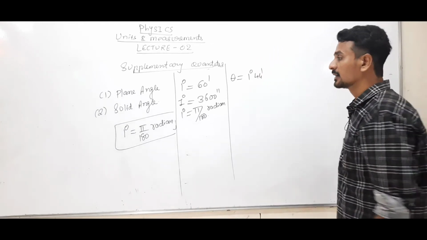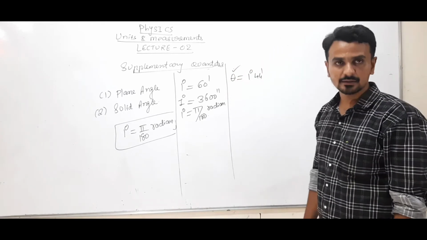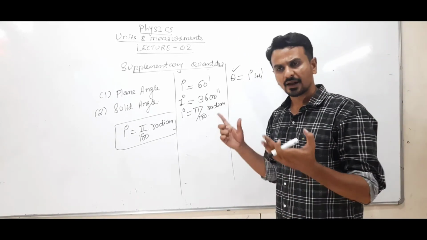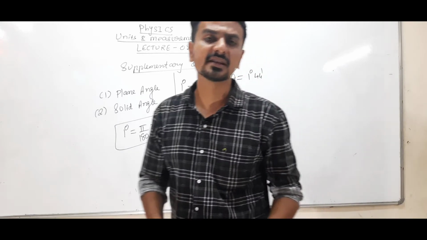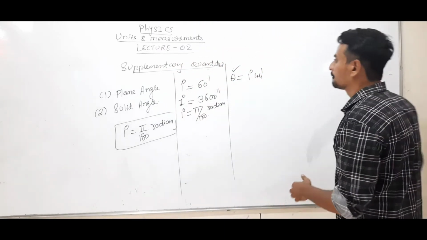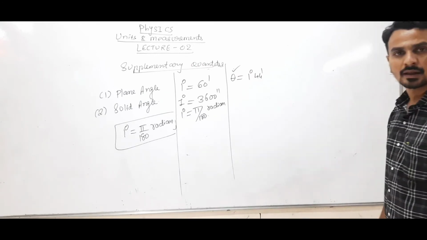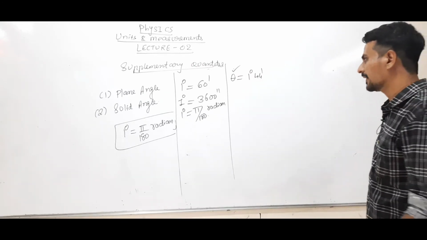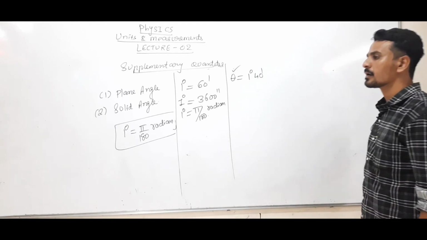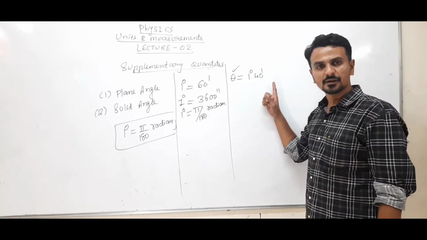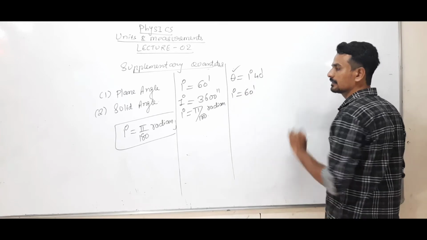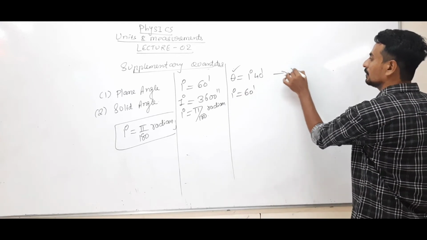Another thing, theta should be kept in radian. There is no rule that you must always place theta in radian, but in almost all questions we will convert theta into radian. So convert this into radian. Okay, we will take 40 minutes, it will be easier for the calculation. One is given in degree, another in minutes. So now 1 degree can be written as 60 minutes. I am converting this into radians.